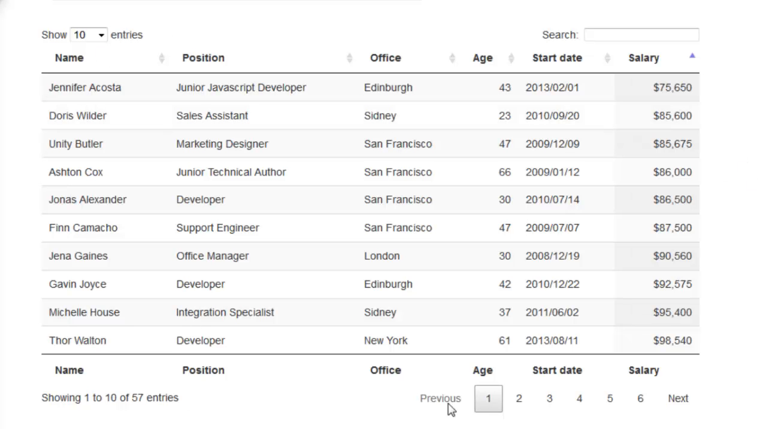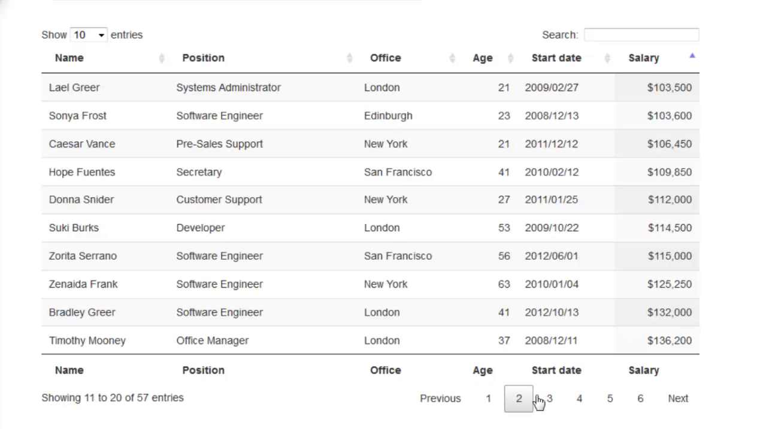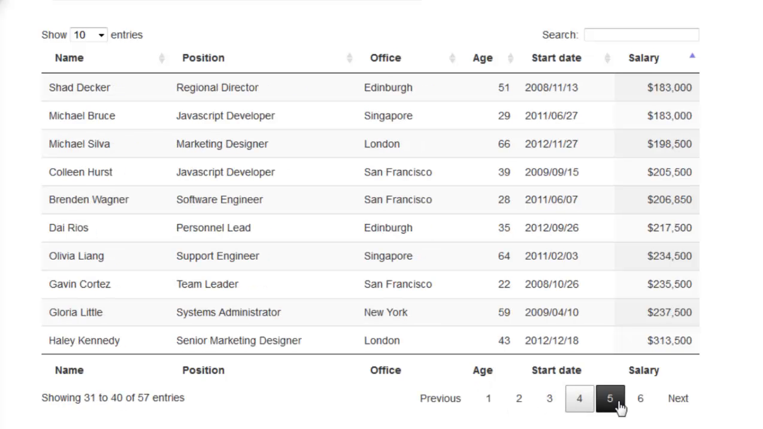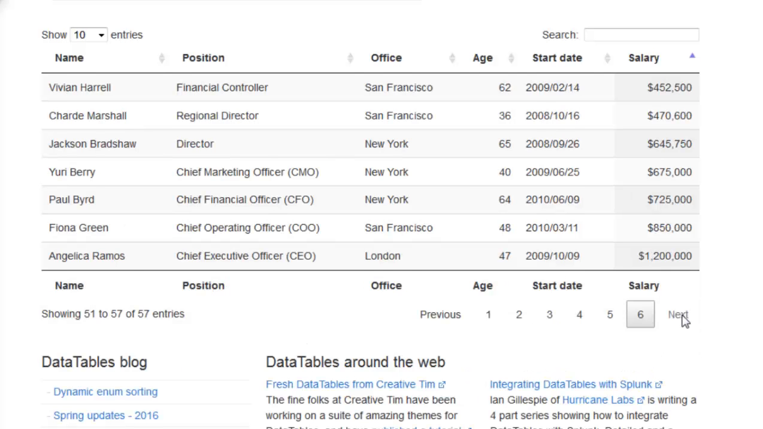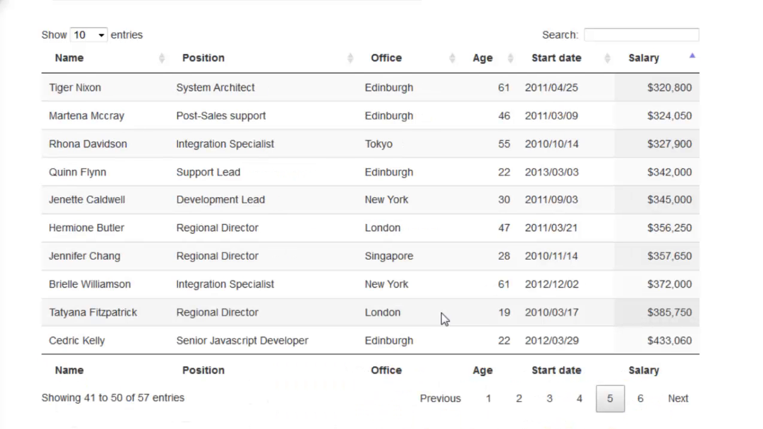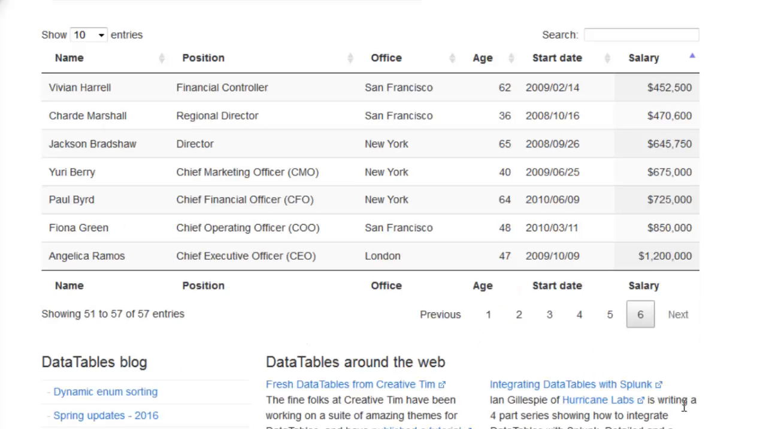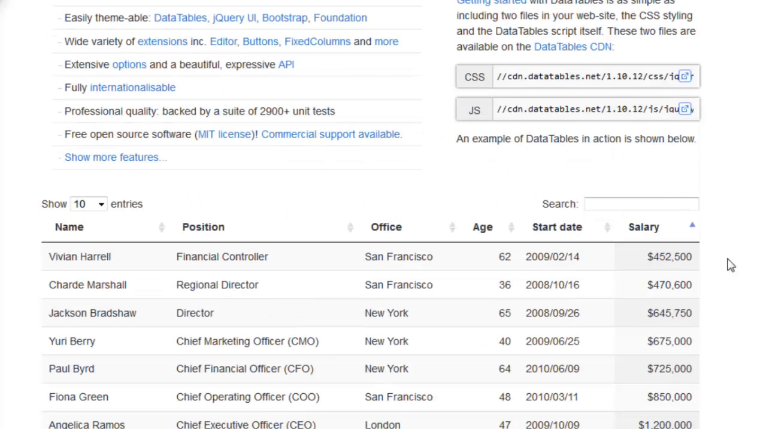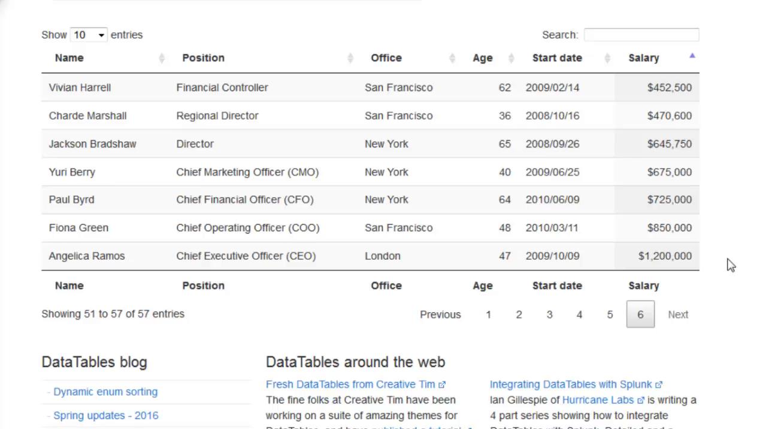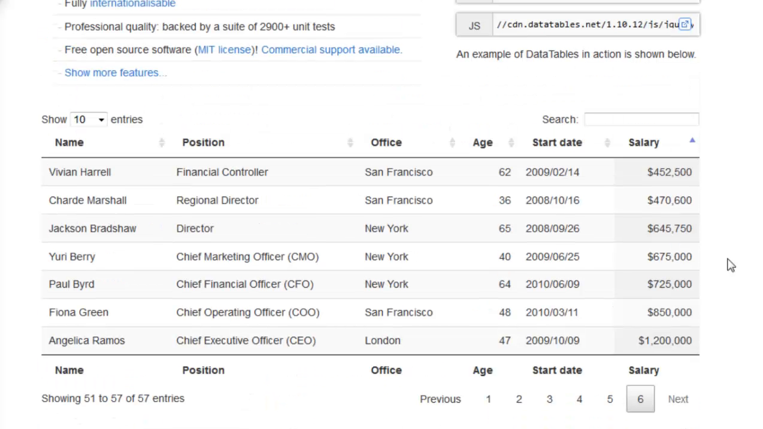It also gives us pagination. As you can see, there are a lot more records than what we are seeing here. So you can move to page 2, page 3, page 4, page 5, page 6, and you have this previous button to go to the previous page, and you have the next button to go to the next page. So these are the features of DataTables, and I believe if you've been working with traditional HTML tables,